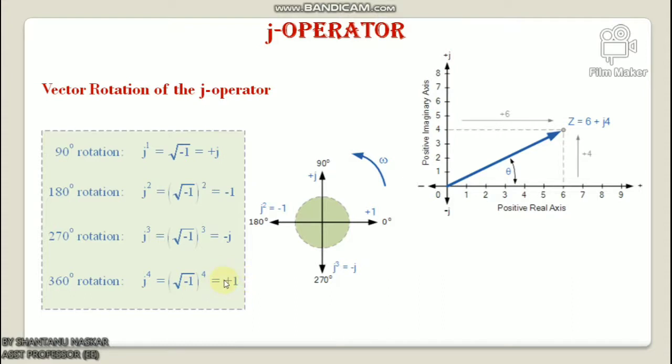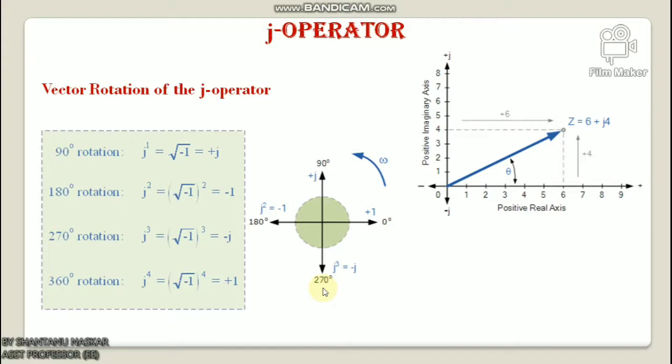So by multiplying an imaginary number by j squared, we will rotate the vector by 180 degrees anti-clockwise, and multiplying by j cubed rotates it 270 degrees, and by j to the power 4 rotates it 360 degrees, or back to its original position. So multiplication by j to the power 10 or by j to the power 30 will cause the vector to rotate anti-clockwise by the appropriate amount. In each successive rotation, the magnitude of the vector always remains the same.